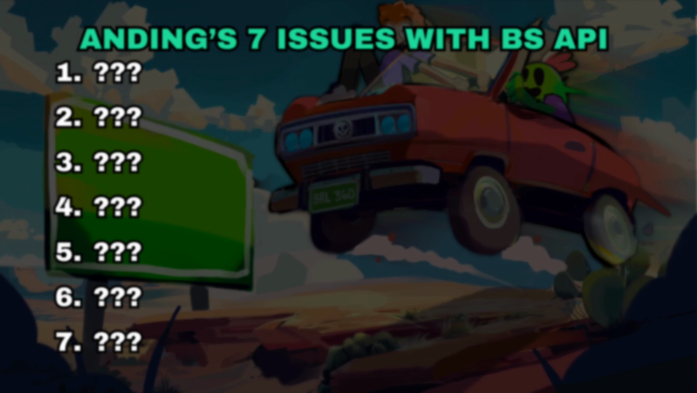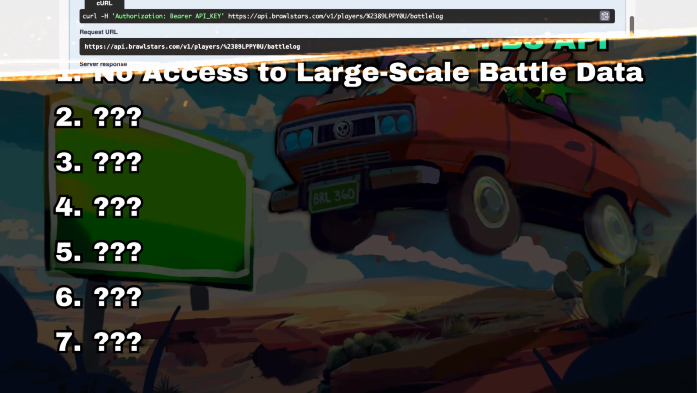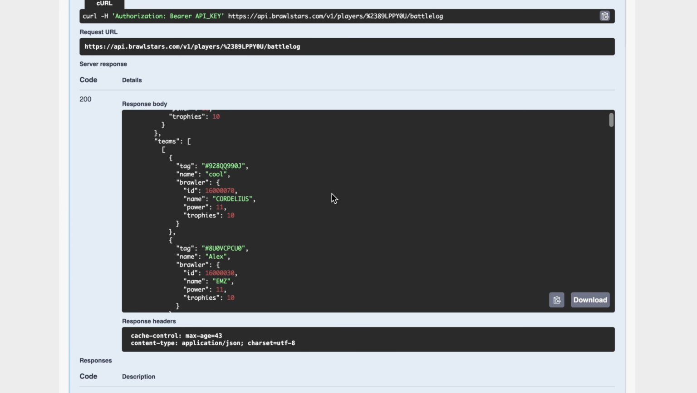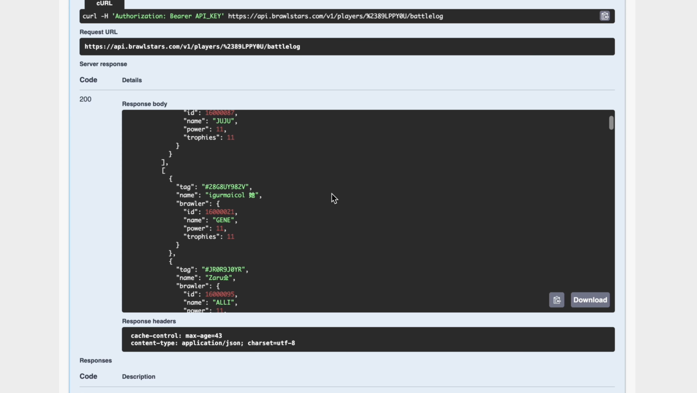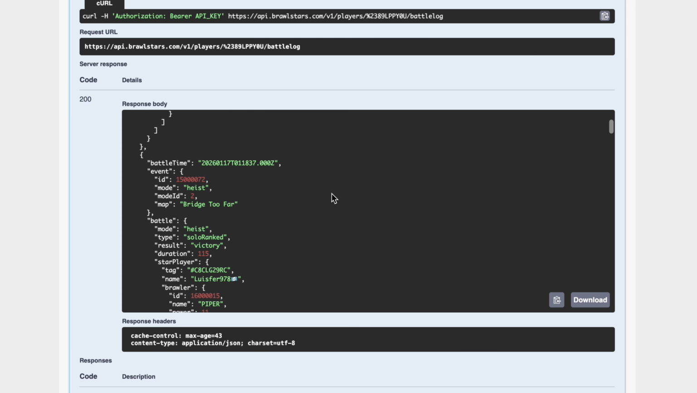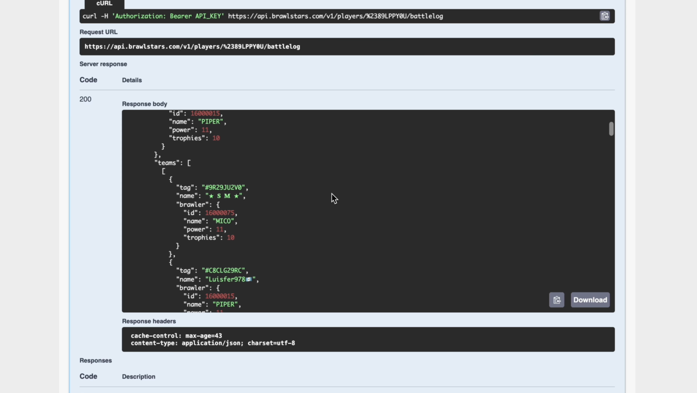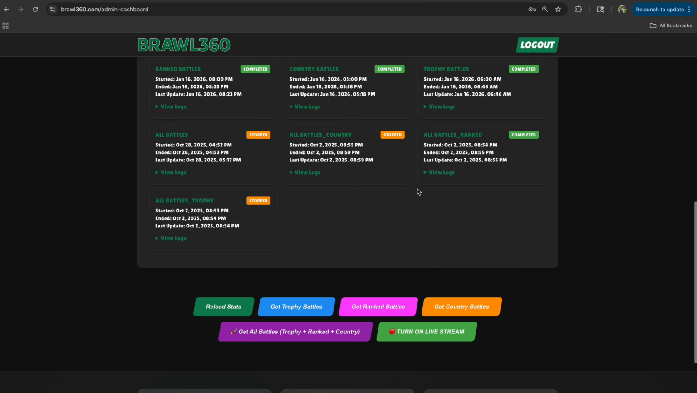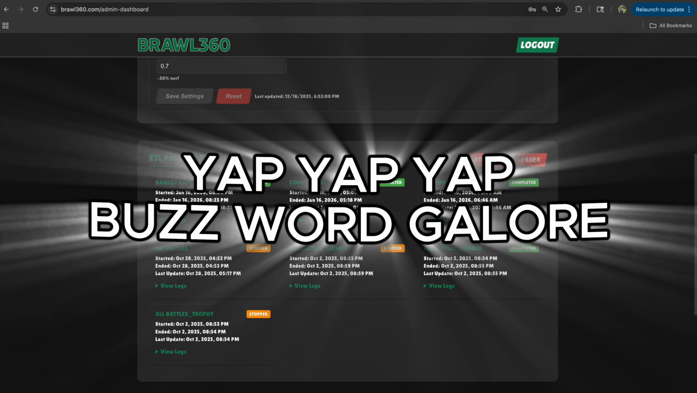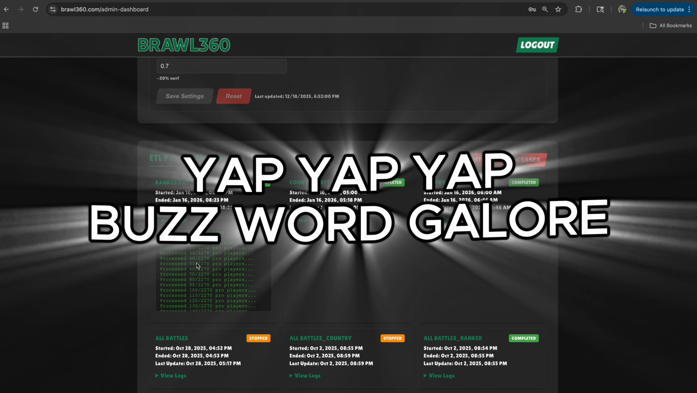The first problem I have with the Brawl Stars API is that there's no access to large-scale battle data. There's no way to access large swaths of historical battle data, and the data provided is limited to only recent battle logs per player. This sort of forces every serious analytics site to create sketchy workarounds. On Brawl360, I had to build rolling data windows, aggressive caching, and custom aggregation